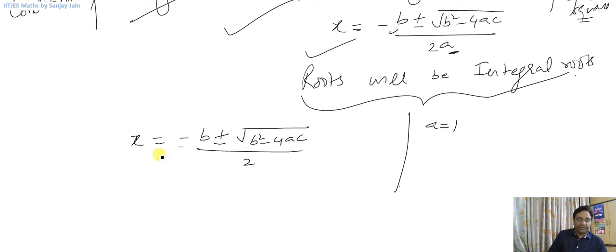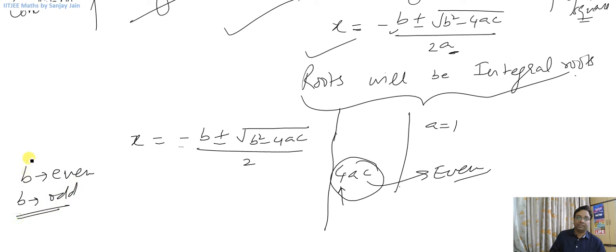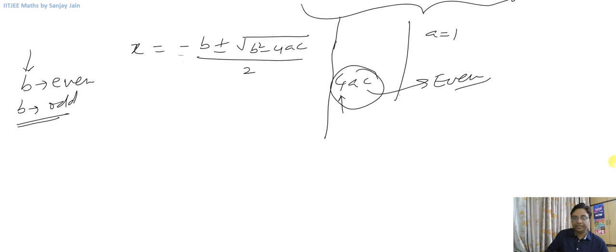Now see, 4ac is a number which has a factor 4, so this is clearly an even number. Now there can be two cases here. Either b can be an even number or b can be an odd number, because we have already considered that b is an integer. So let us say case 1, if b is even,